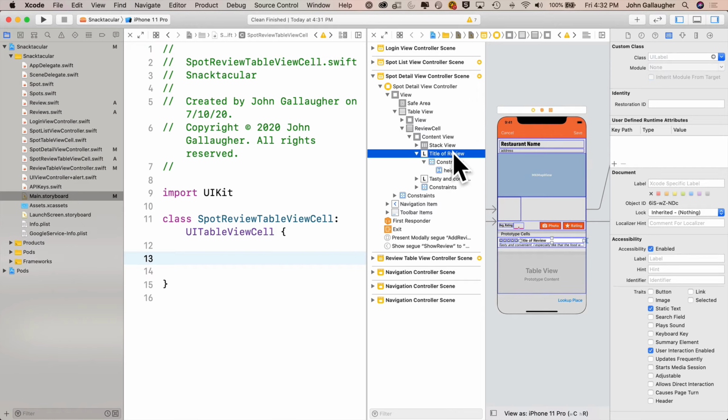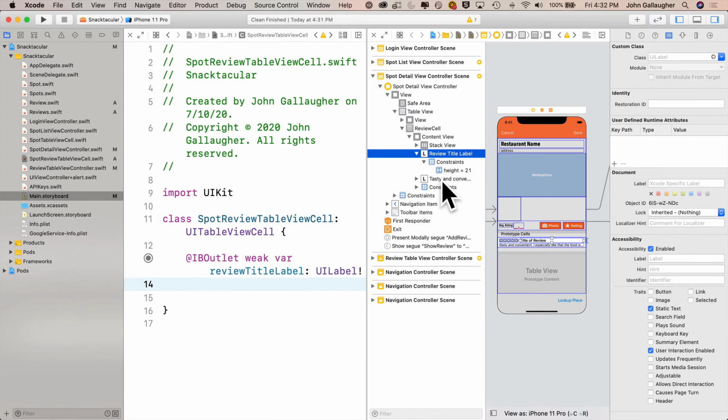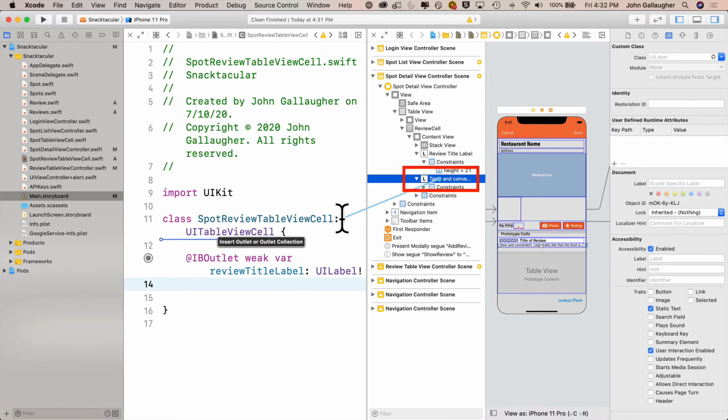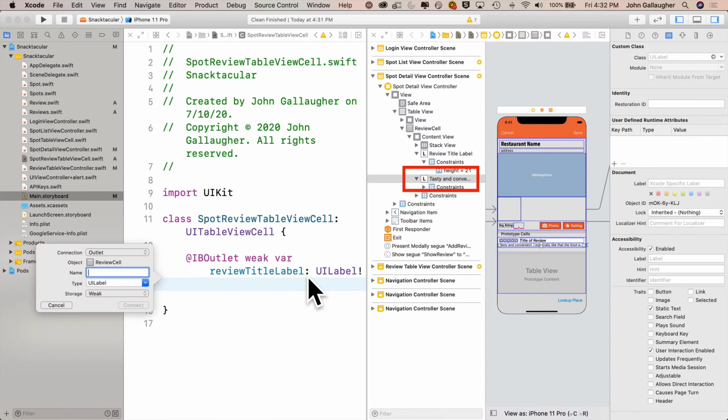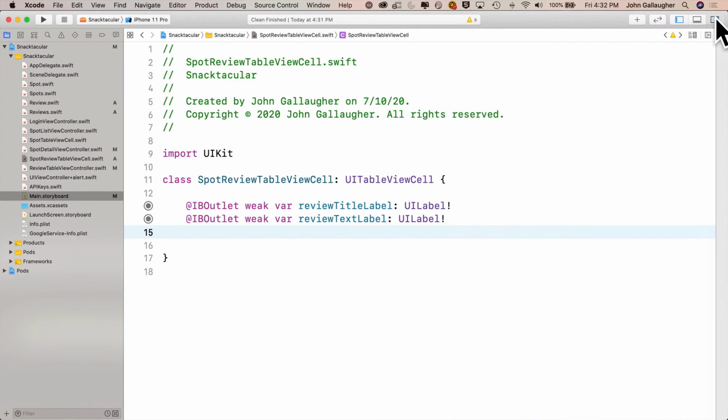Then we'll create our first outlet. That's this label that's labeled Title of Review. Again, Control drag over from the document outline. That's going to be easiest. We'll call that reviewTitleLabel. And the other outlet is this label here that has the default text Tasty and Convenient, and we're going to call that one reviewTextLabel. Then we can close up our main storyboard, and back in SpotReviewTableViewCell,